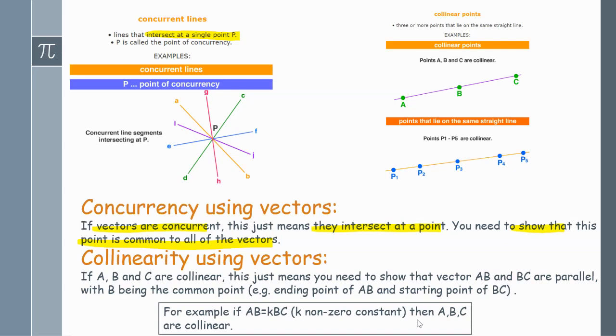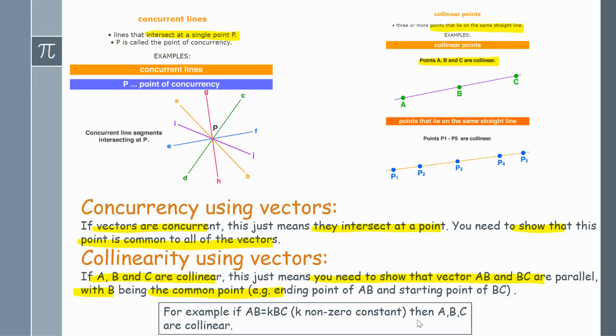The other thing that you also need to show is that 3 points, say A, B, and C, are collinear. That would mean that they lie on the same vector, or the same line. So to show that 3 points A, B, and C are collinear, you need to show that vector AB and BC are parallel, so in the same direction. If they're parallel and B is the common point,